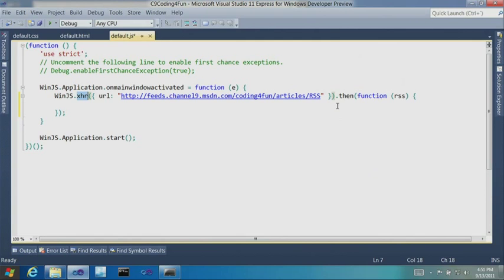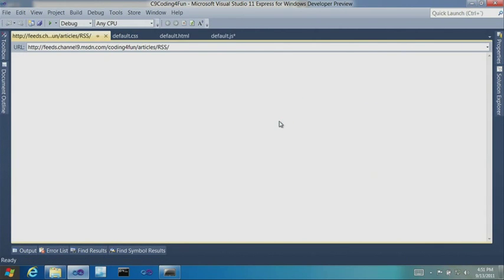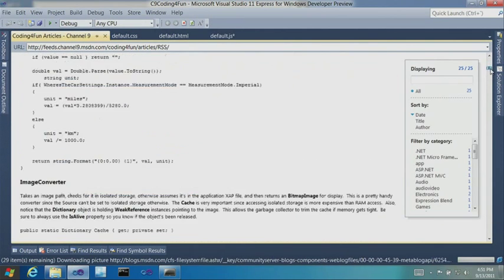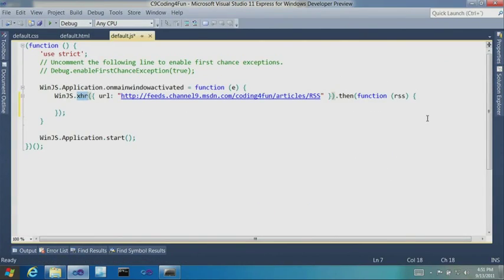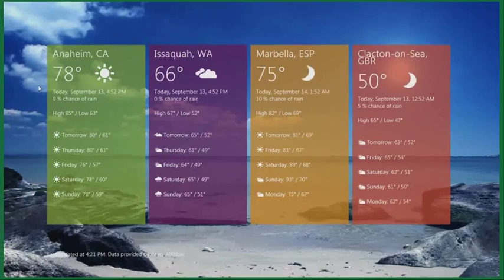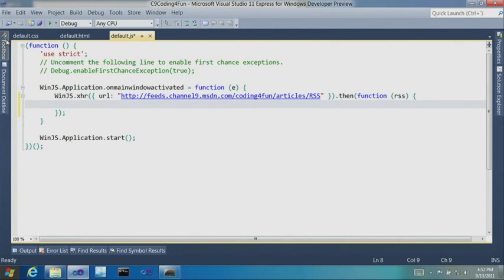We've got the RSS feed. Would you like to show us what's in the RSS feed, Kieran? Great. This is that cool coding for fun data that we would like to pull into our application. Now, the way we do that, remember Alesh talked about how things were asynchronous in the WinRT, and in JavaScript, that means promises. And with promises, we have a function that is called when we have successfully completed accessing the data. So, Kieran, let's go ahead and drop in a little code that will take our successful return of the data